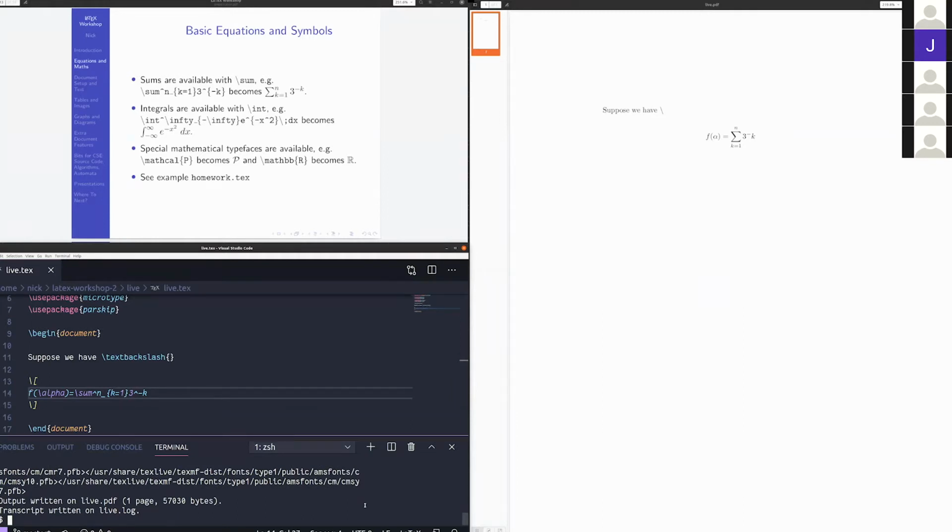Right. So that's not what we expected, right? We want 3 to the power of minus k. We don't want 3 to the power of minus and then k. Well, this doesn't really make sense. And it's the same issue as we had before. So